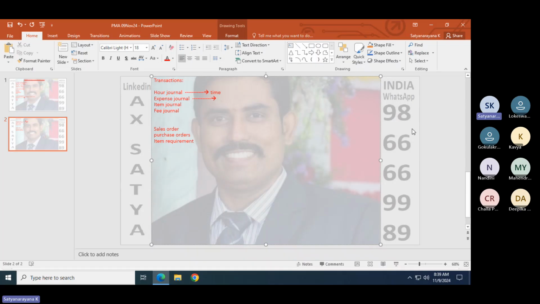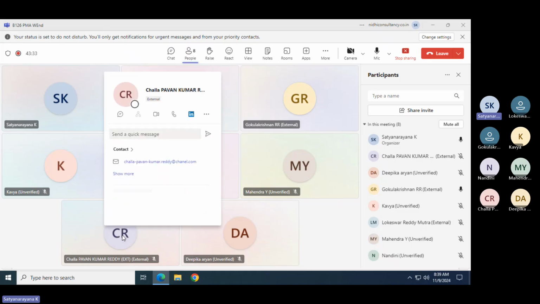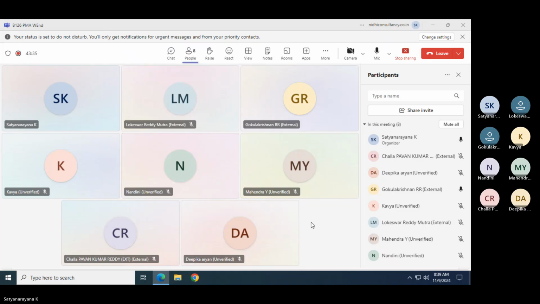No. Can you ping me on my WhatsApp, 9866669989? Okay, sir. You can ping me hi on my WhatsApp. Okay, sir, I will. Thank you. Fine. Pavan, can you also ping me on WhatsApp if you don't mind? Pavan.